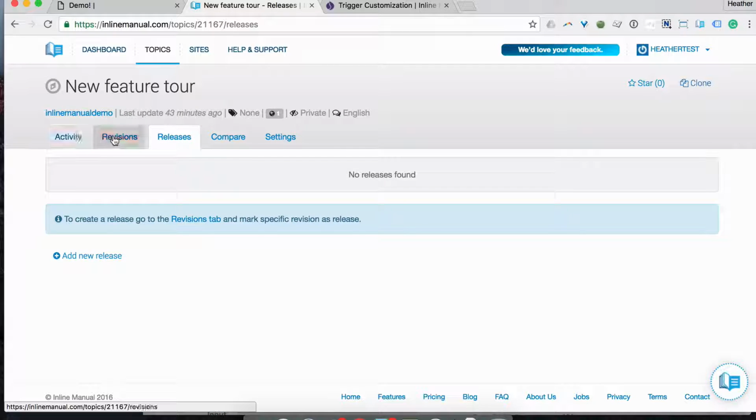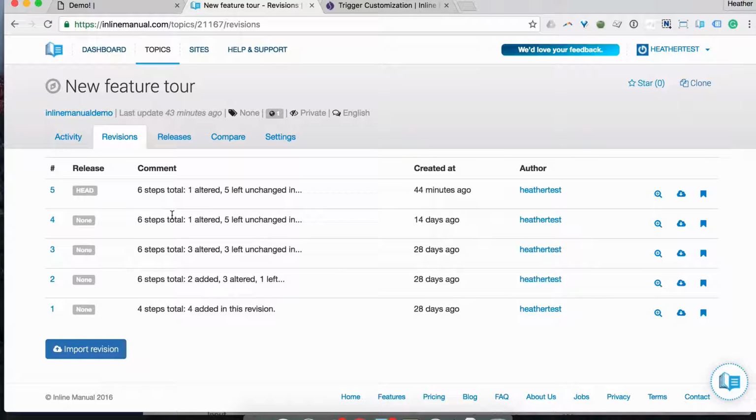So basically that will allow you to continue editing the walkthrough on a dev site without affecting the production, because the production will be a specific release. Okay, that's a good point. And definitely, I mentioned it, and I think